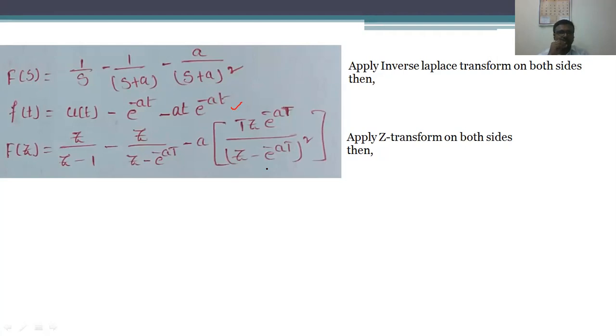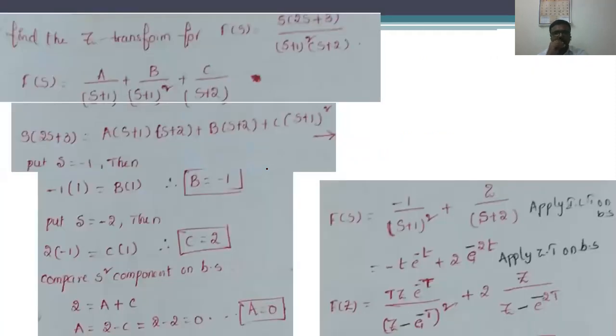This problem was asked in previous university question papers. This is a very important question. Try to understand, and these kinds of equations can be handled. The Z transform for these equations can be obtained with the help of the partial fraction method or the residue method. In a similar fashion, we are going to solve the next set of problems.